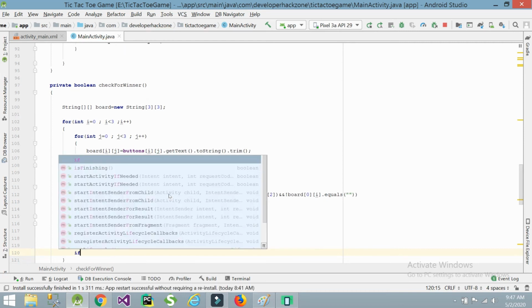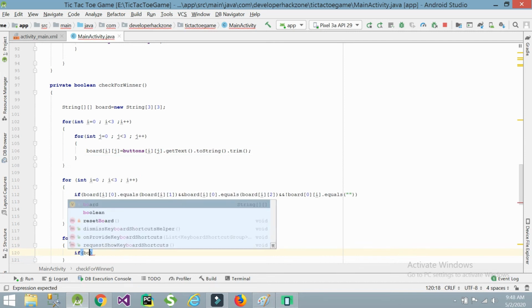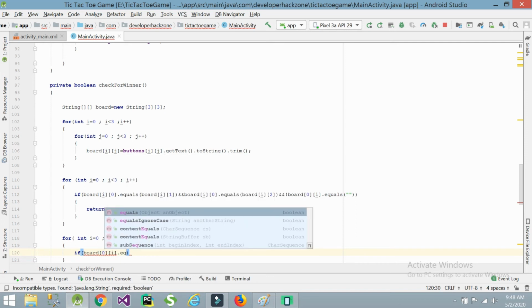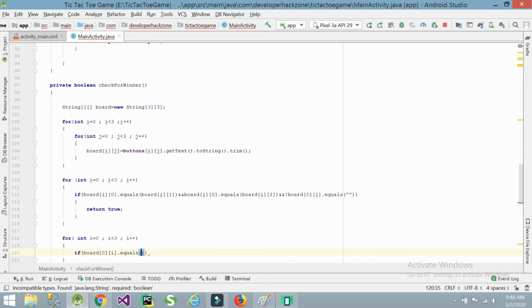Here, if board of 0, then i, dot equals of board of 1, then you need to check i.